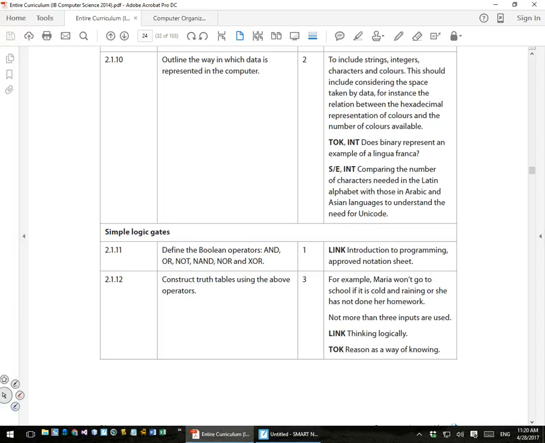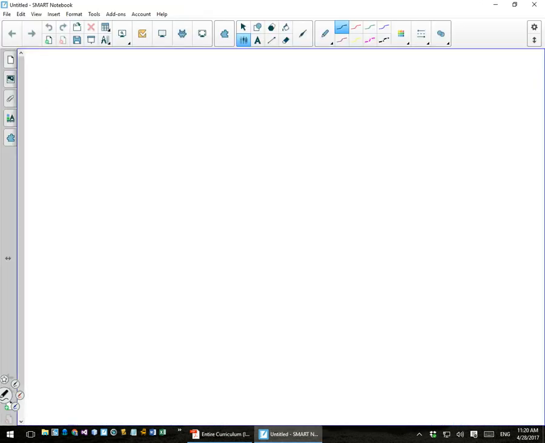Review of Boolean logic, and we'll start by looking at specifically what it says in the curriculum. It says you need to define the Boolean operators AND, OR, NOT, NAND, NOR, and XOR. Okay? So let's start with just the basic ones: AND,